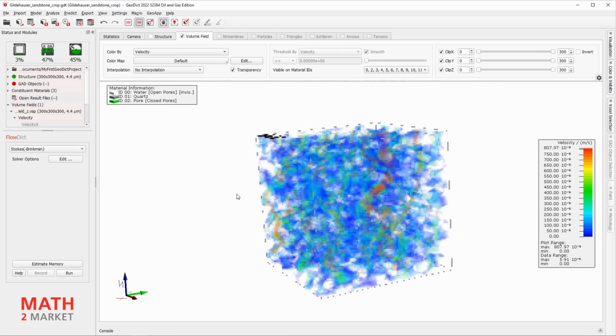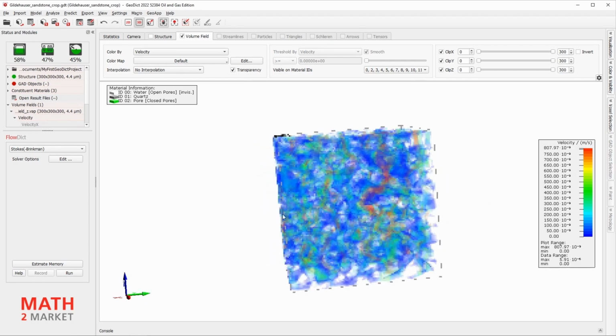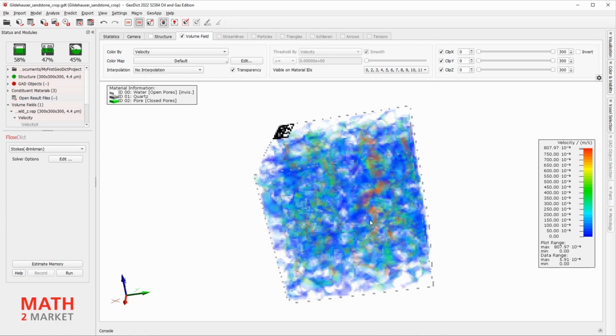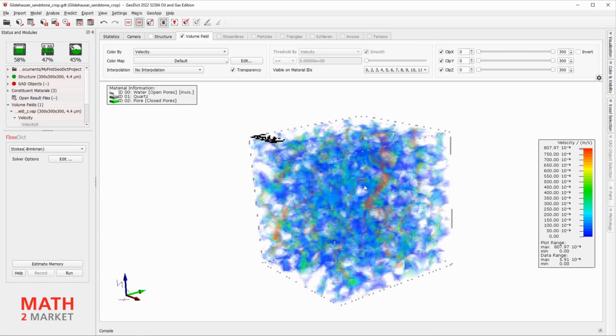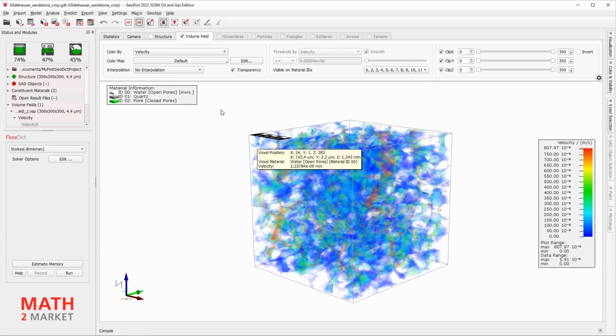Click and hold the left mouse button to move the structure around. You may also have a look at the pressure field by choosing the pressure field from the menu.